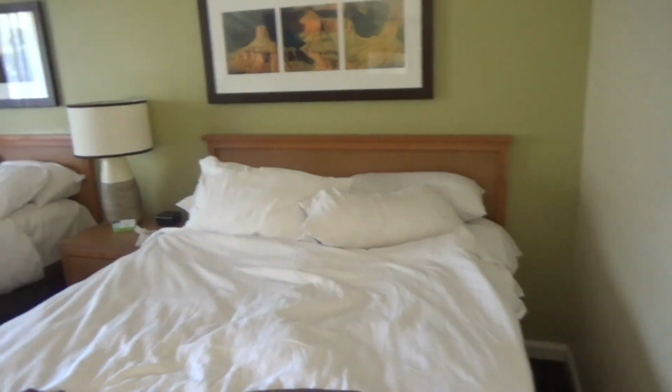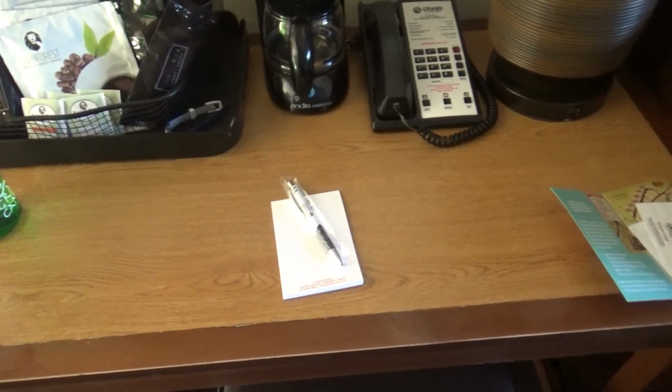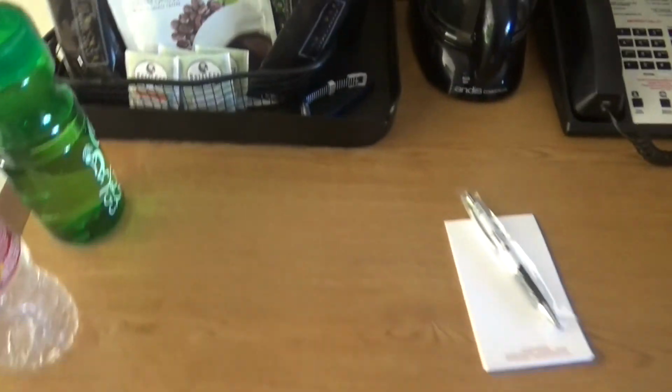So now we're going to head out into the room. Just turn off the light to conserve electricity. And this room is just your typical room with two queens. And starting over here, you've got your little work stand here with some